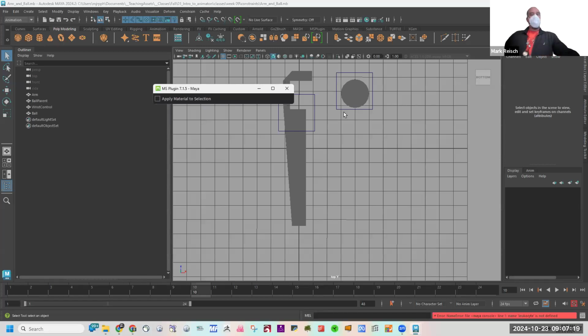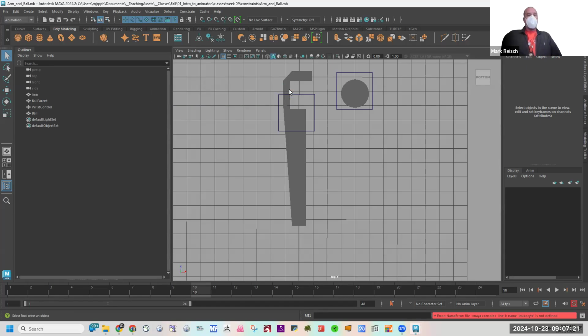All right. So what we want to do is take a look at this. Okay. So we've physically parented things before, where we change the hierarchy of that object, right? And it becomes a physical child of that object. When we constrain something, it gets attached and locked to the thing that we're constraining it to. When we physically parent it,